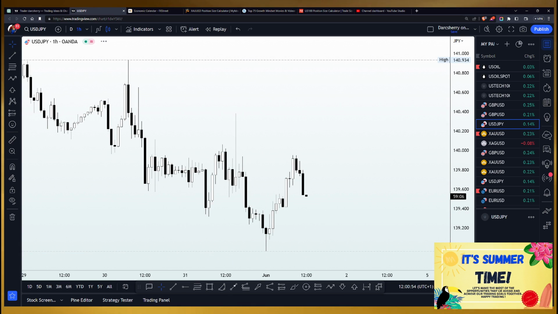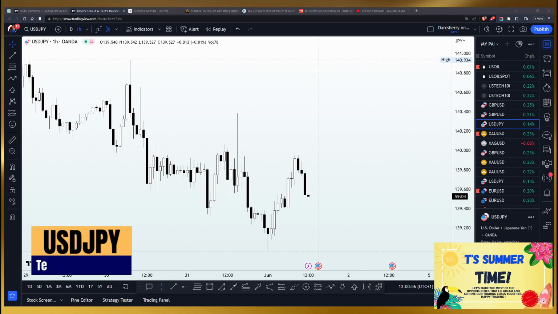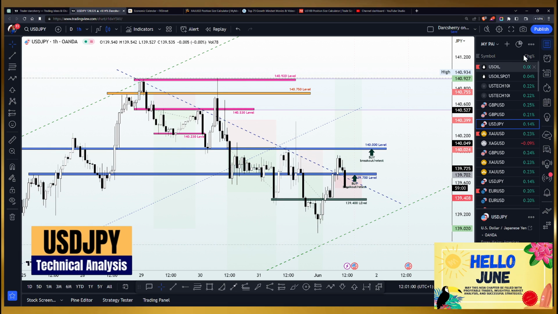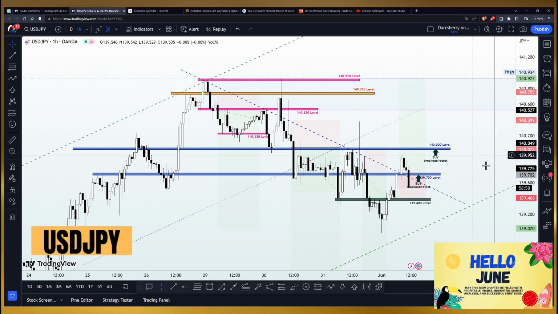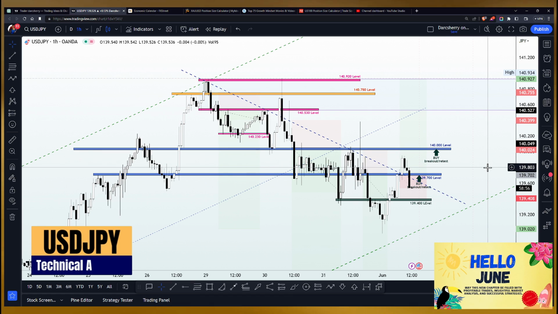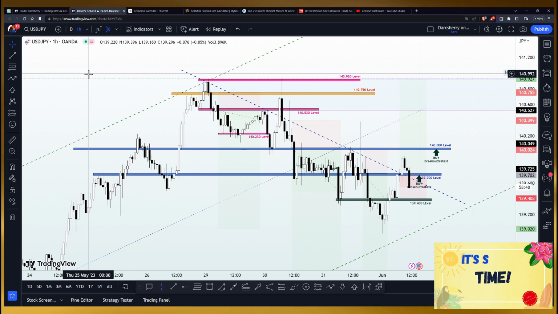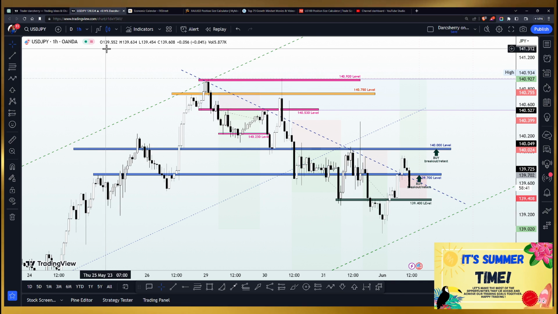What are we seeing on the USDJPY so far? Okay, so right here on the USDJPY, and look at what we have here. Since the beginning of the week, we have been selling this pair actually. And one thing we saw before the start of the week, I would like to show you quickly, as this will give us an idea why we're actually selling the USDJPY at the beginning of the week.